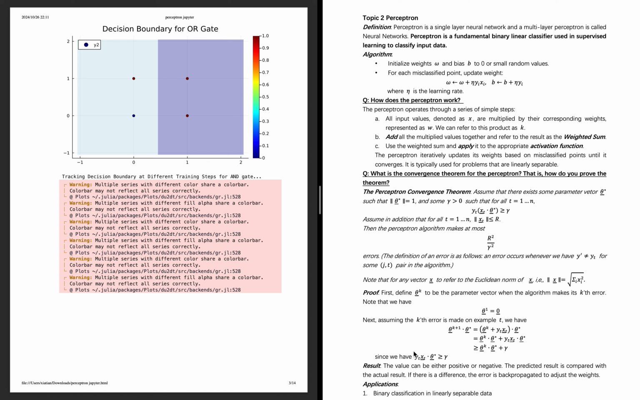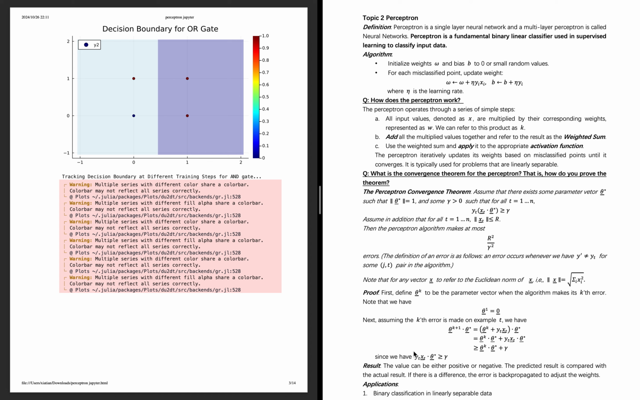The weight update rule is quite simple. The weight is adjusted by a factor proportional to the learning rate, the input feature, and the difference between the actual label and the prediction. This way, the perceptron progressively corrects its decision boundary until it can classify the training points accurately. In the case of the OR gate, since the data is linearly separable, the perceptron is able to successfully learn